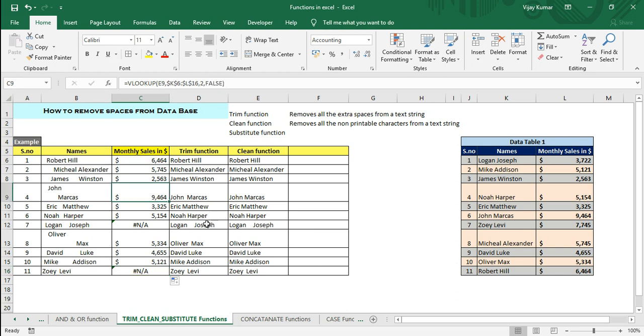So now the only problem here is, after we have removed the spaces and all the non-printable characters, there are non-breaking spaces.